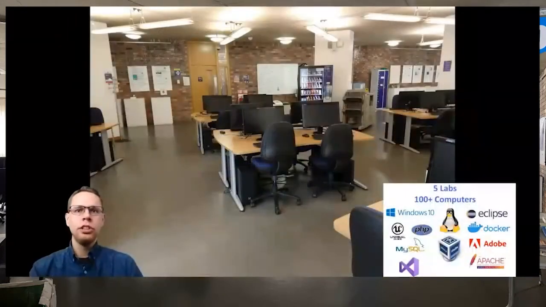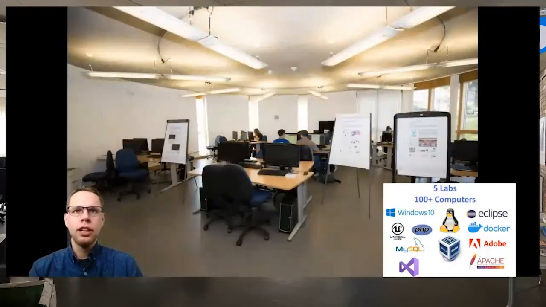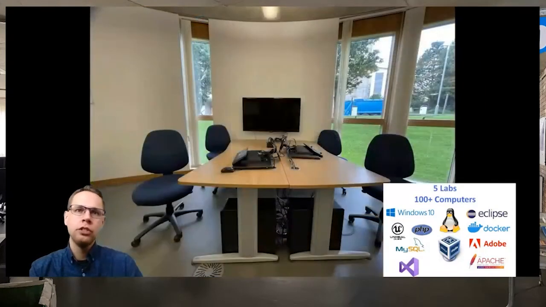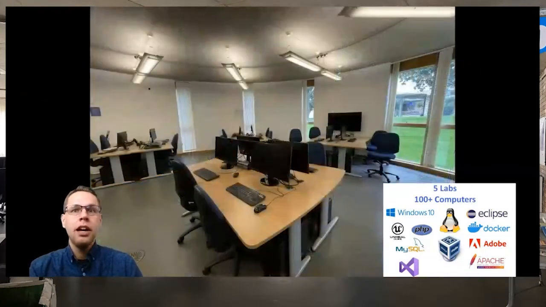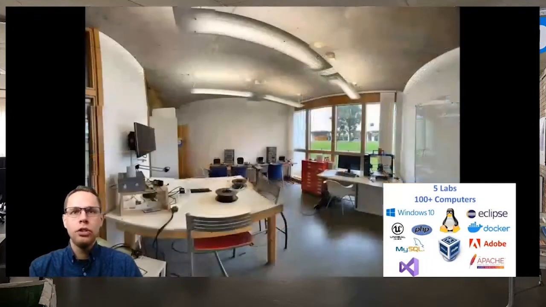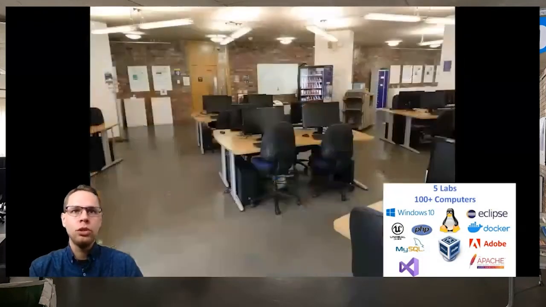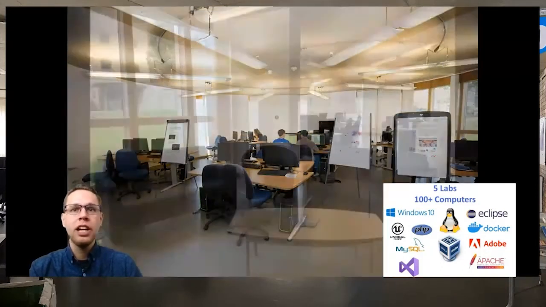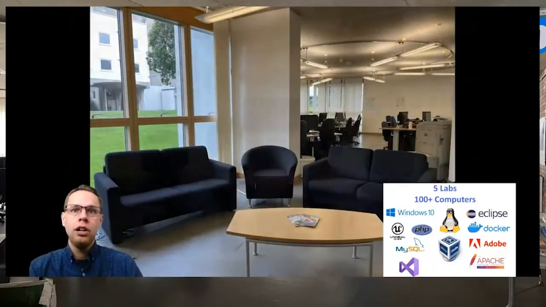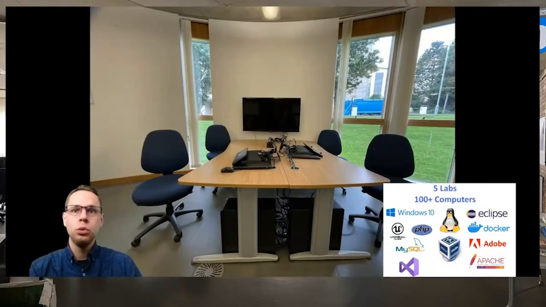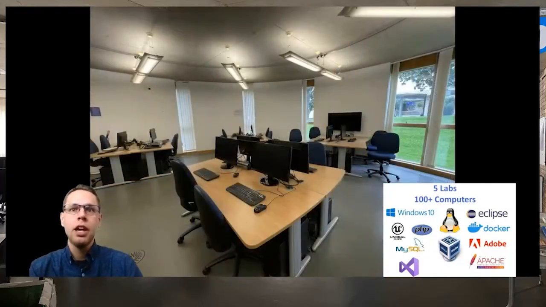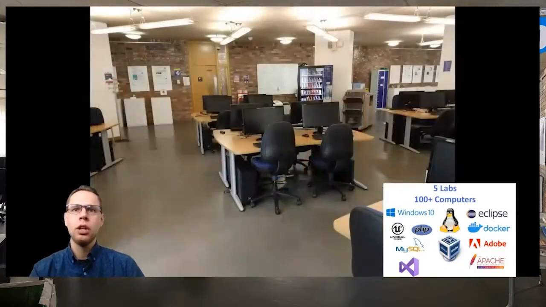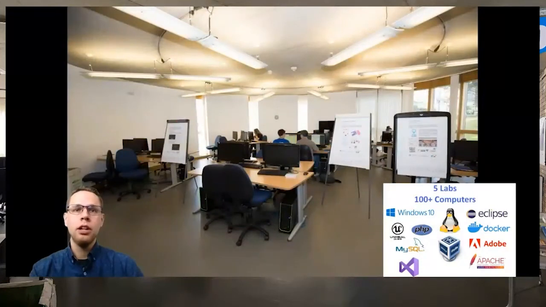On the other side of the building, you can find the labs where students can access more than 100 computers equipped with a lot of software which are relevant for the industry nowadays. And some of them are not available on other university managed computers, such as the ones in the library. So the labs is a very important space for our students where they can really access all the relevant software for our degree, from web development to game engine, passing through virtual machines, database, and alternative operating systems such as Linux, and all this on computers which are renewed very frequently.